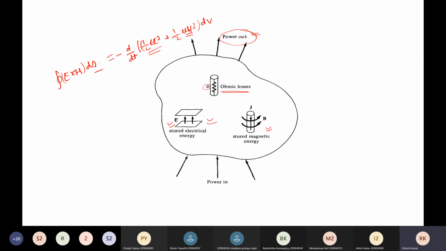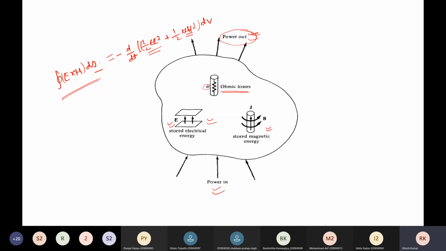So this Poynting theorem gives the relation between output power and the change that occurs in any region due to these three parameters. Now this term is the net of this power out and power in. When we are giving some power, from where are we giving power in? The source of electromagnetic wave, source of electric field, source of magnetic field, that will generate power in terms of E naught and S naught.